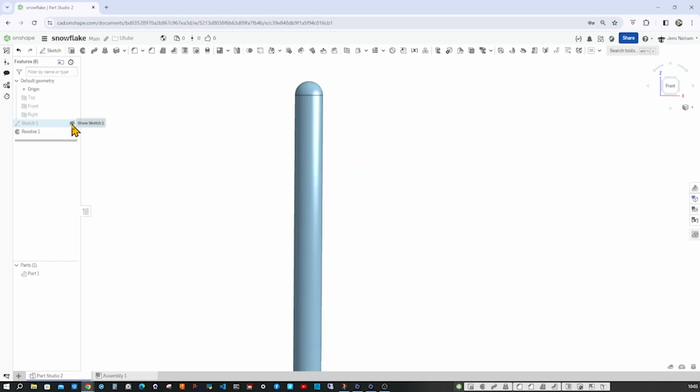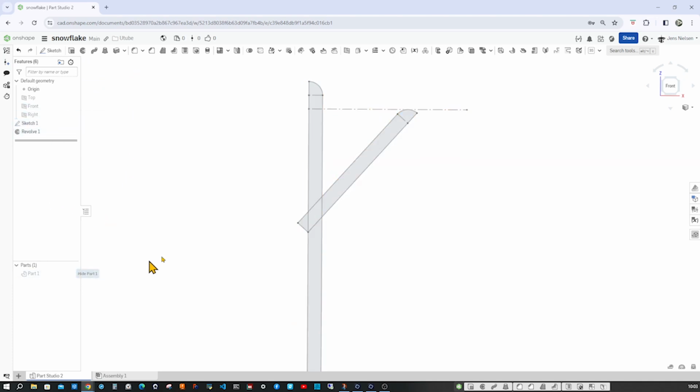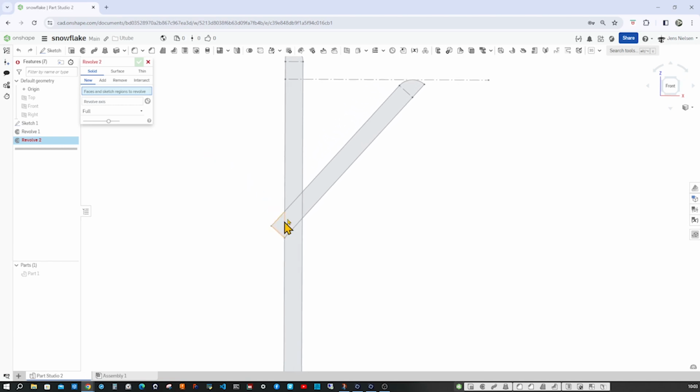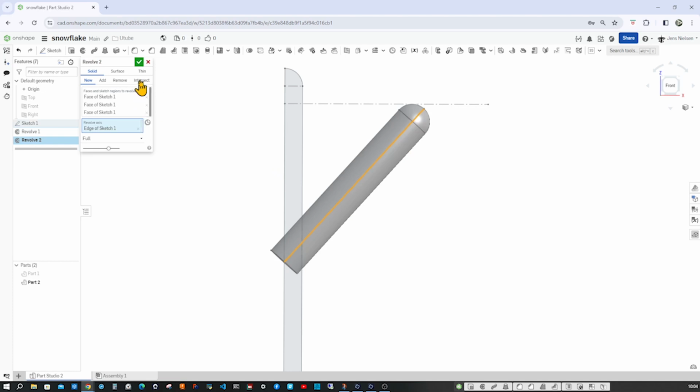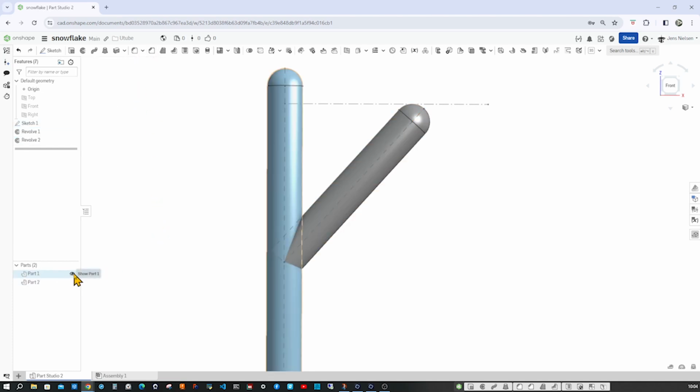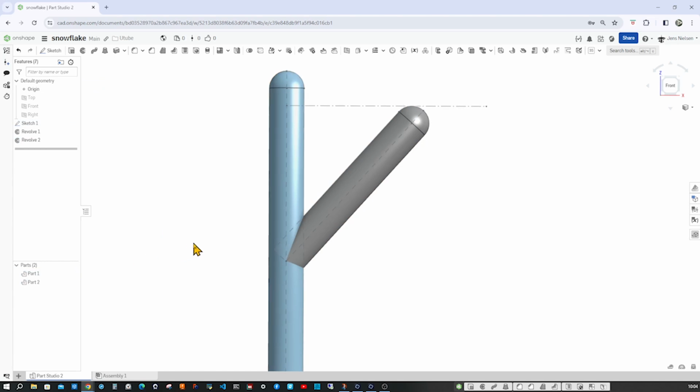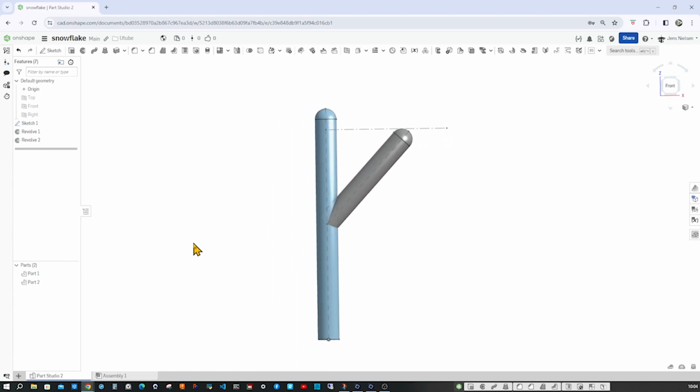I'll make the sketch visible again and hide that part and go back to the revolve command and pick these faces or regions, rotating those around that edge. All right, let's make that part 1 visible again,